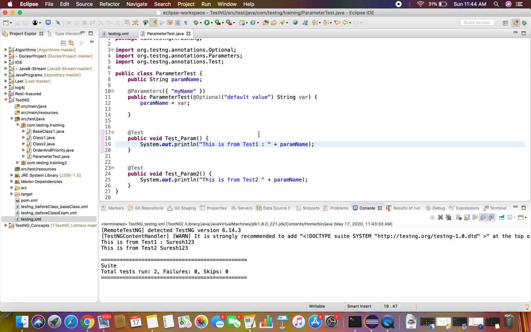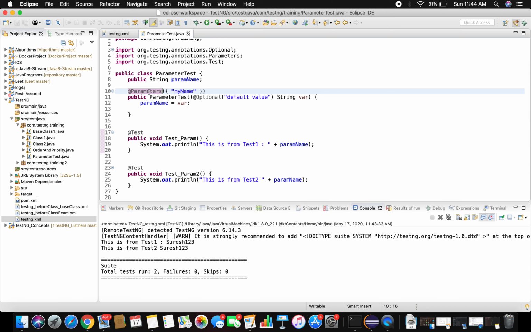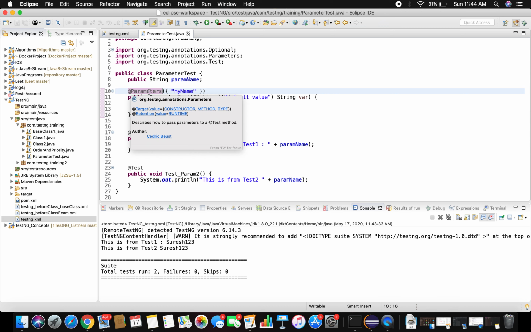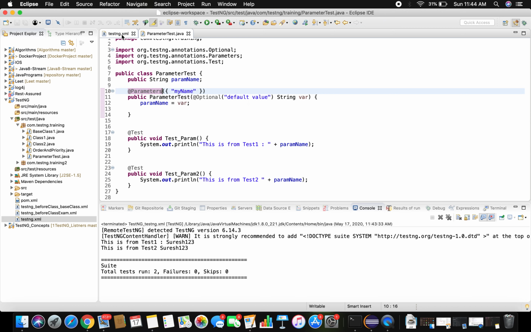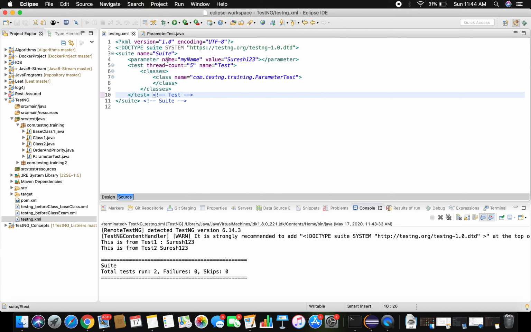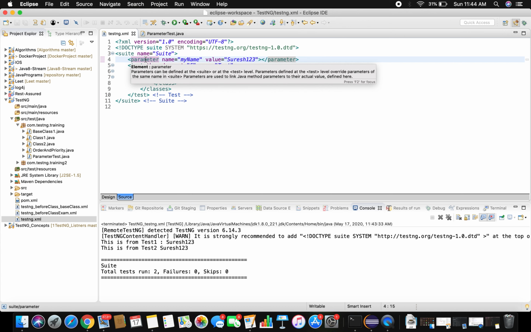And there is one more thing I wanted to specify here. The difference between parameter and parameters. Sometimes people will ask you in an interview. So parameter is an attribute which you define in the testng XML for your parameter.